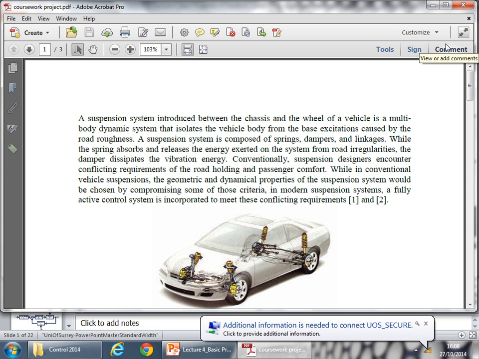For example, the suspension system can be used by aerospace engineers as the design of the landing gear of airplanes, or by biomedical students as a suspension of moving robots or moving medical robot systems. The concept is the same, but to be specific here, I defined for your project in order to design a control system for the suspension system. I gave you a brief introduction on how a suspension system works, but what you need to do,